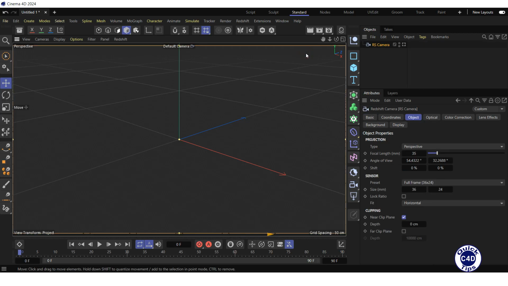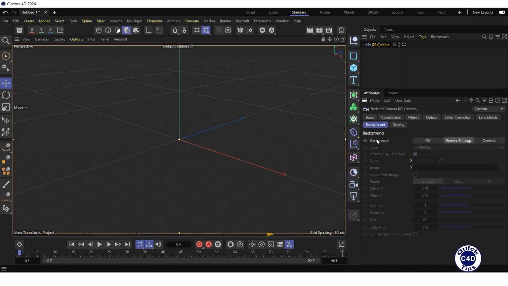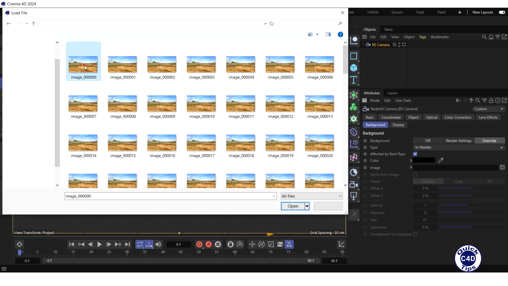To load a background image sequence, click on the RS camera in the Object Manager, select the Background tab, go to the Background property and press Override button, go to the Image property, load the first image of the image sequence,